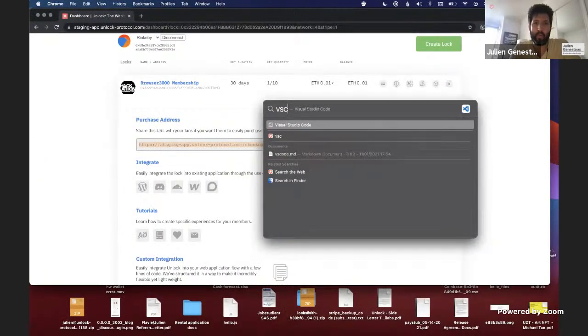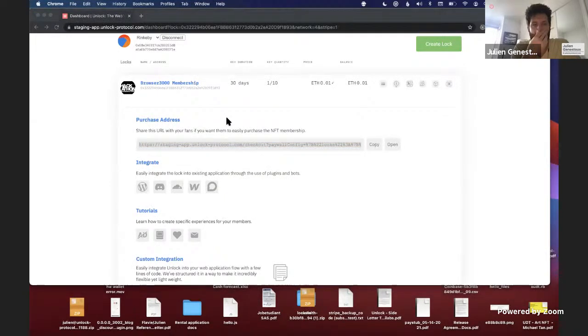Turn it Brave. I want to open my editor. Cool. So the way to do that is actually pretty straightforward, but we have